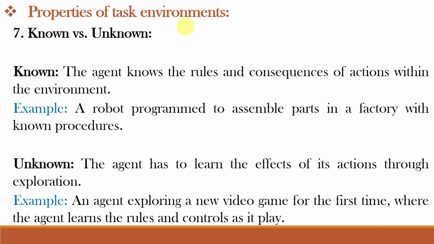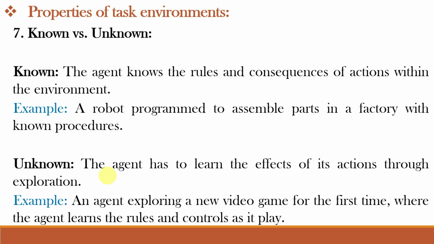Next and last property of the task environment is known versus unknown. As the name suggests, for the known task environment, the agent already knows the rules and consequences of its actions within the environment. It knows what will happen if I do this thing, right? For example, a robot programmed to assemble parts in a factory knows the procedures, that what will happen if this part is assembled. Whereas the unknown property of the task environment is one where the agent has to learn the